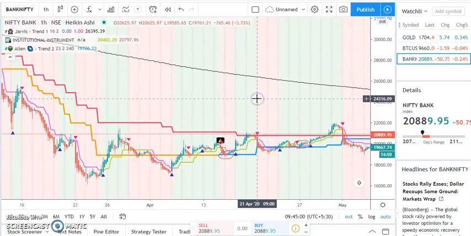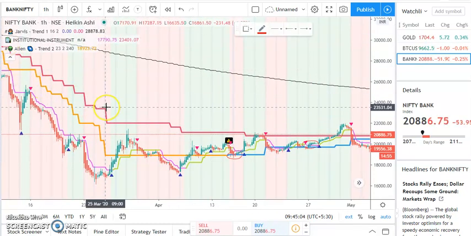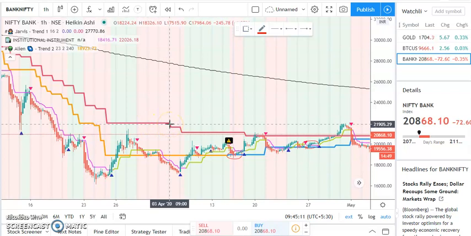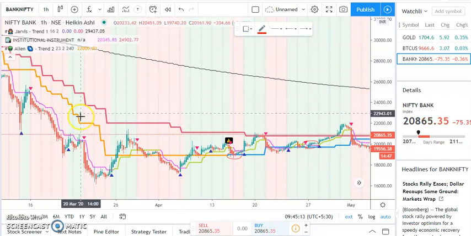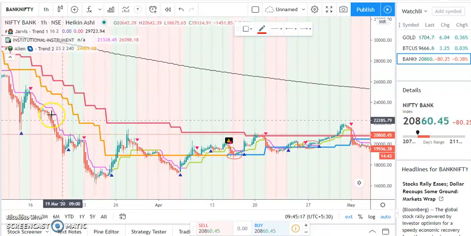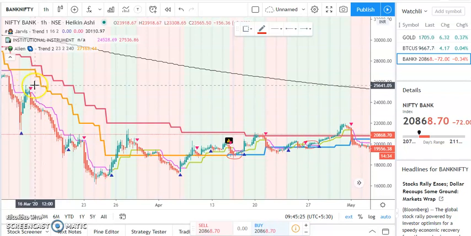Shorting is exactly opposite to the longing. So rule number one, what is happening here? The price is below the mother trend. Very good. Price below the mother trend means bears are in power. Price is below the shark trend. Very, very good. That means it will go down. Price is below the sniper trend. That means it is sure short, 100% pakka, it will go down only. So what you should do, the moment you see the red triangle,